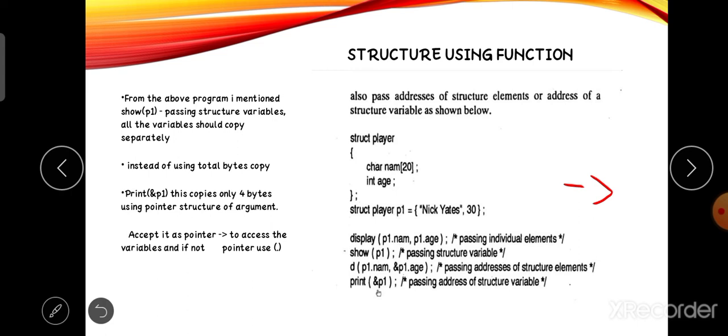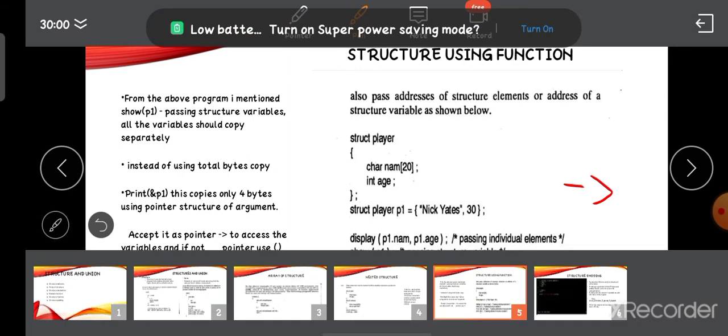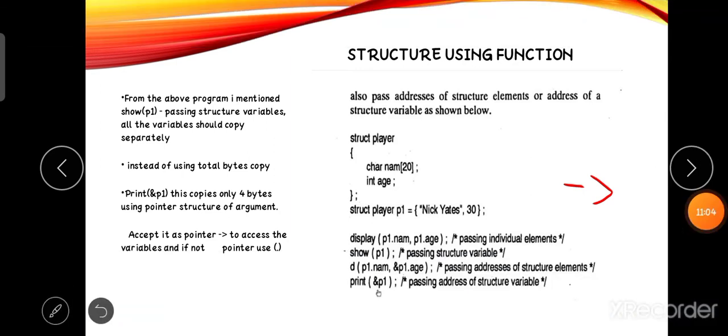If a pointer is used in the structure, we access the entity with hyphen and greater-than. Without using a pointer, we use the dot operator only. This is the difference in using the entity in printf and scanf. So if it is a pointer, use hyphen and greater-than. If it is not a pointer, the dot operator is enough.